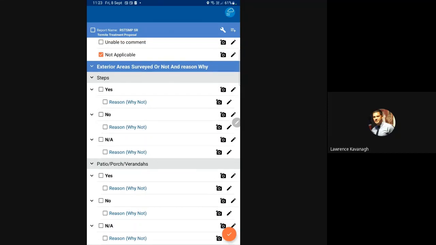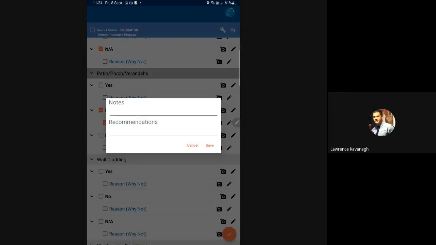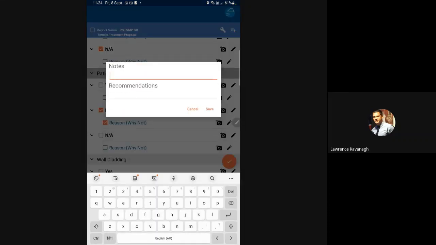Okay. So then you come into surveying the exterior area, survey or not, and a reason why. Highlight, because if you don't survey, you must tell them why you didn't survey it. Okay. So back steps. Let's pretend we didn't survey the back steps, because there's none. So you can go NA. Porch, patio, veranda. You can say, no, I didn't. Let's pretend. Why didn't you? What was the reason why not? Put the notes in. Okay, the reason I didn't check the veranda